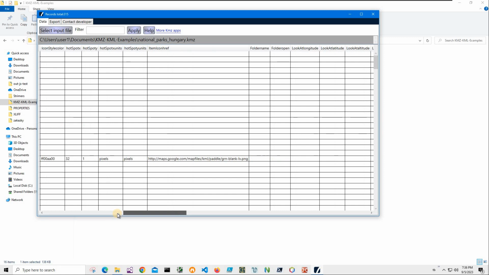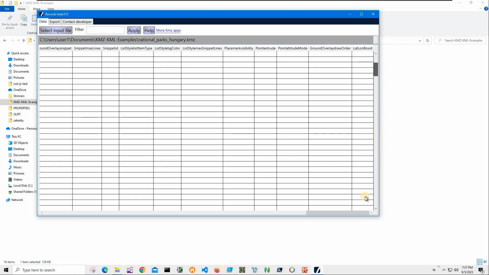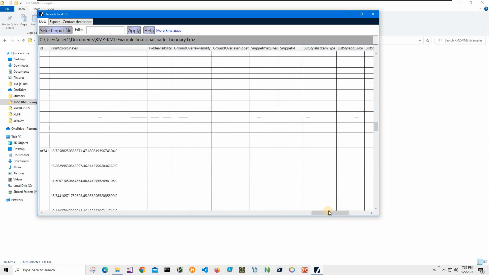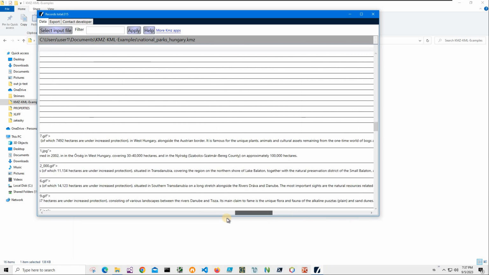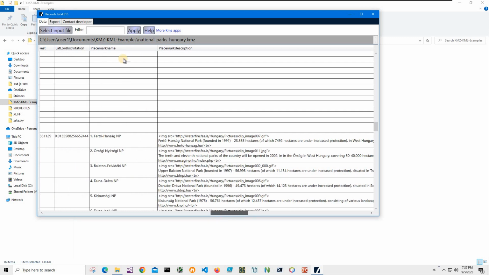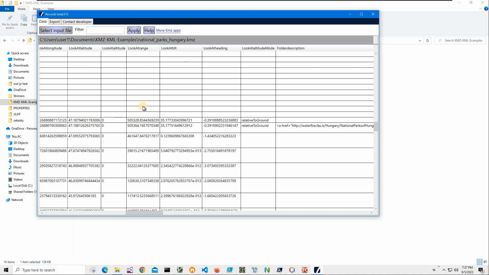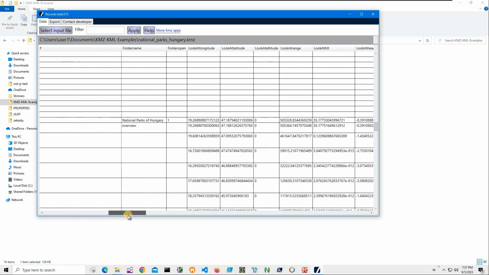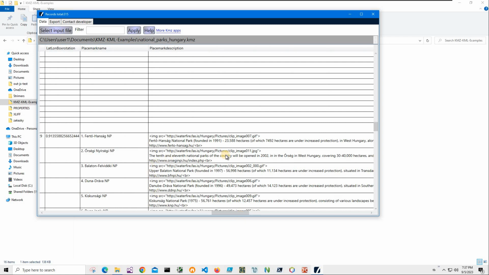And you can see I have a lot of data in here, but what I'm particularly interested in is the placemark, because it's a point of interest KMZ file and it has a placemark description. Here it is: placemark description, placemark name, placemark description, and I have altitude, longitude of a specific placemark. But mostly I want to get the placemark name and placemark description from this file into a Word